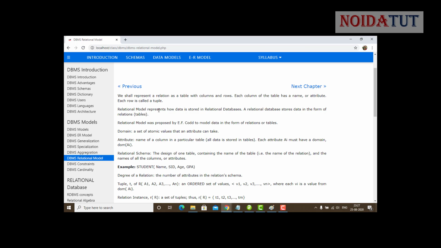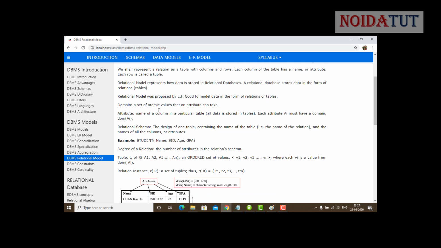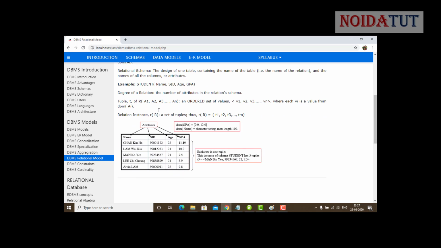Relational schema is the relational design of one table, containing the name of the table, that is the name of the relation, and the names of the columns or attributes. Now let us have a look at a table.